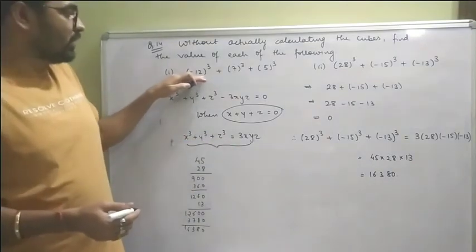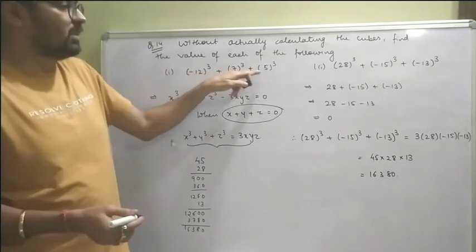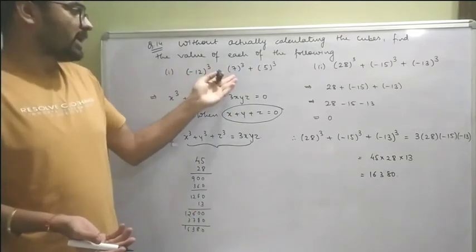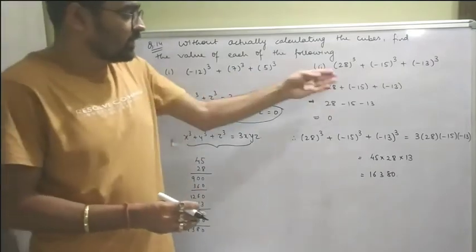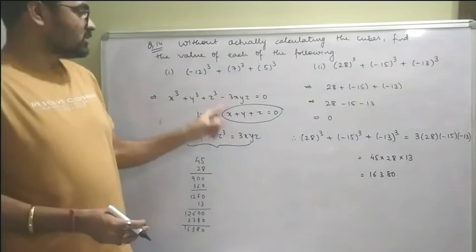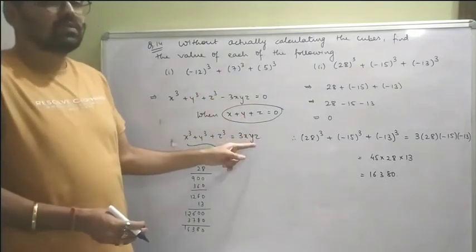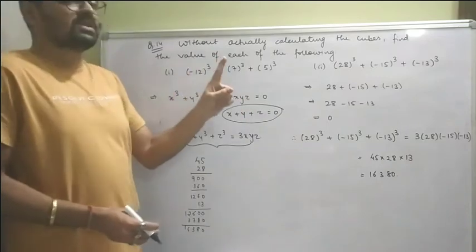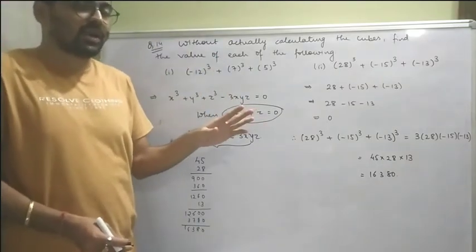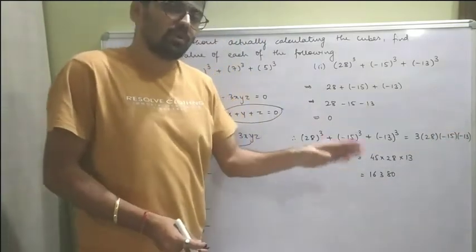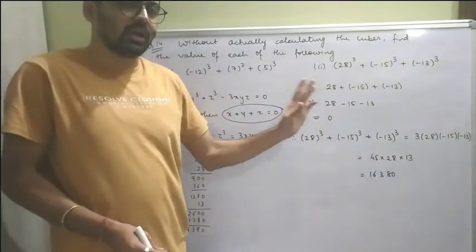Same you can think of over here. देखो minus 12 plus 7 plus 5 will be 0. Minus 12 plus 7 minus 5. Minus 5 plus 5 0. Same thing 0 हो गया. Simply direct क्या हो जाएगा? 3 times minus 12 into 7 into 5. But this will be negative. In this answer will be negative because one of the sign is negative and definitely answer negative ही आएगा. Here 2 times we got negative sign, that's why it becomes positive. Otherwise it could have been negative as well.